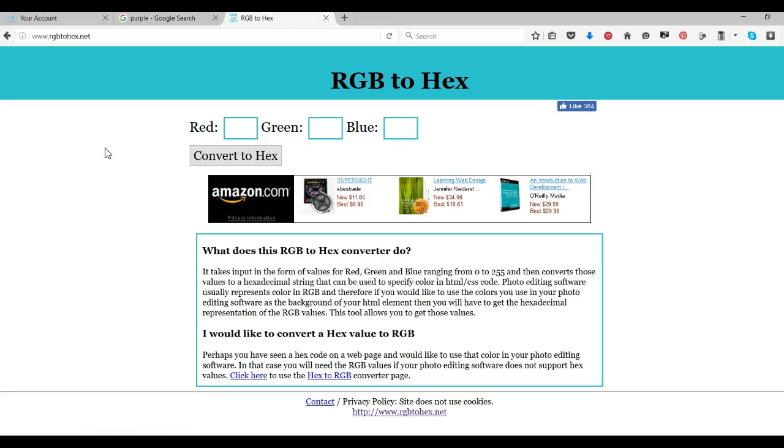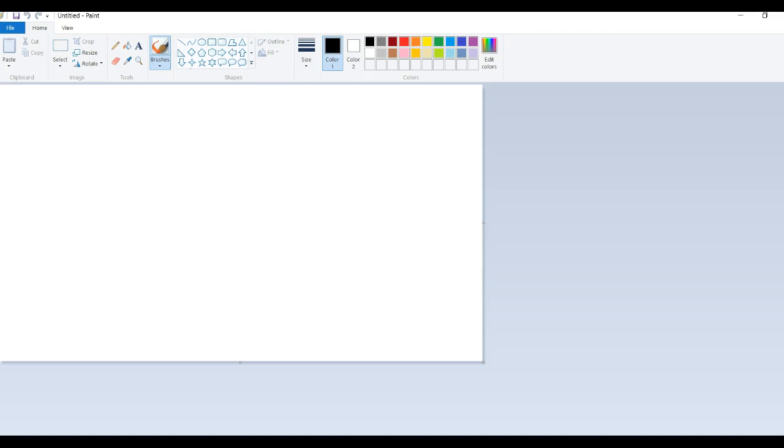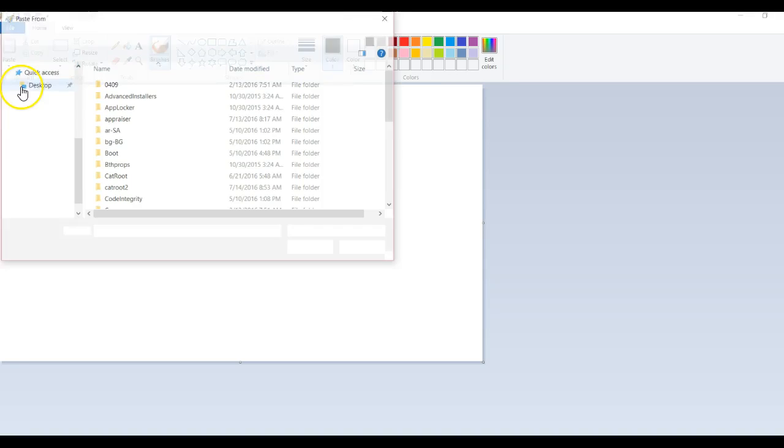Okay, here we go. Alright, so what I typically do is when I have different colors that I'm trying to figure out, I'm trying to make sure that they match something in particular, or that I get what I want. I will open up Paint, which comes on your computer, at least if you have a PC. I'm a PC girl, so I don't know about Macs. So I'll open up Paint, which I have up, and then I will do Paste From,